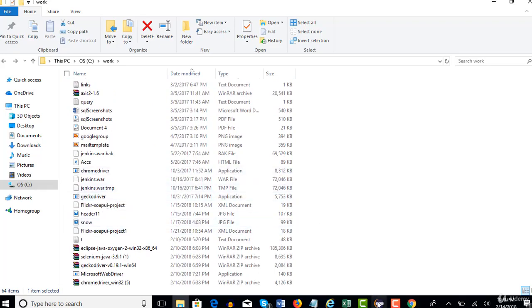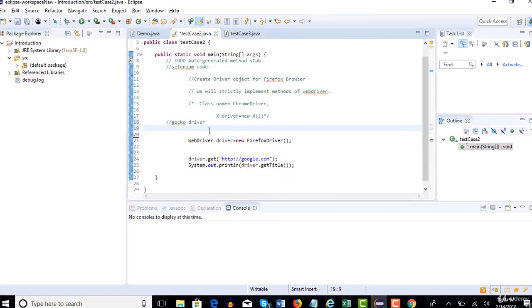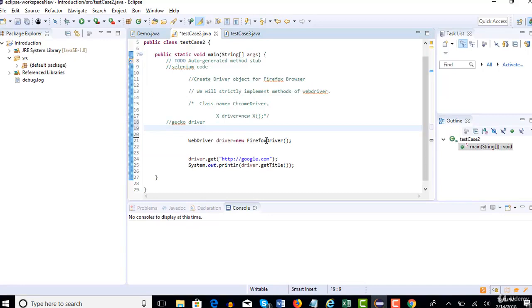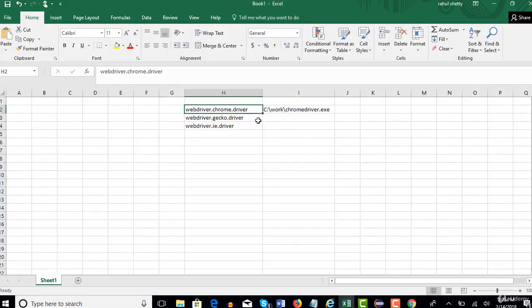So I'll go back to my test, and just like how I did in the previous lecture, I should set the system property, right? If I go back to the Excel document, I told you that for Chrome, this is the key value set by the Selenium team. And for Mozilla Firefox, in this Firefox driver class, this is the key value which is declared.